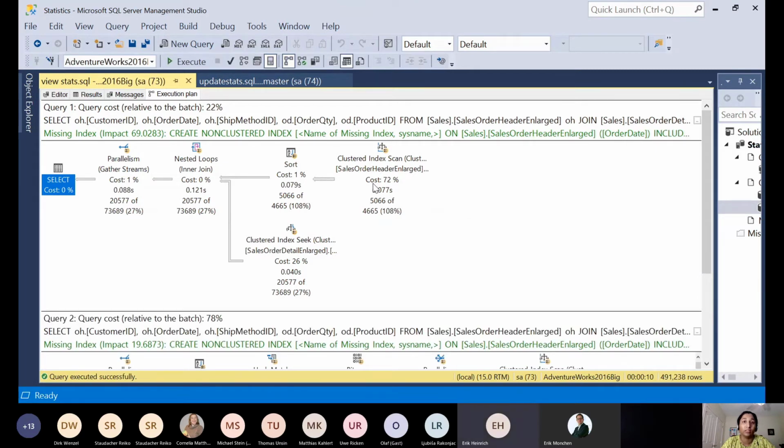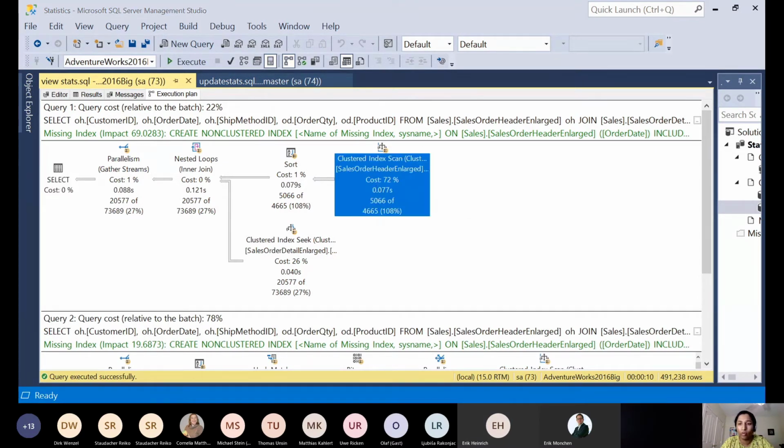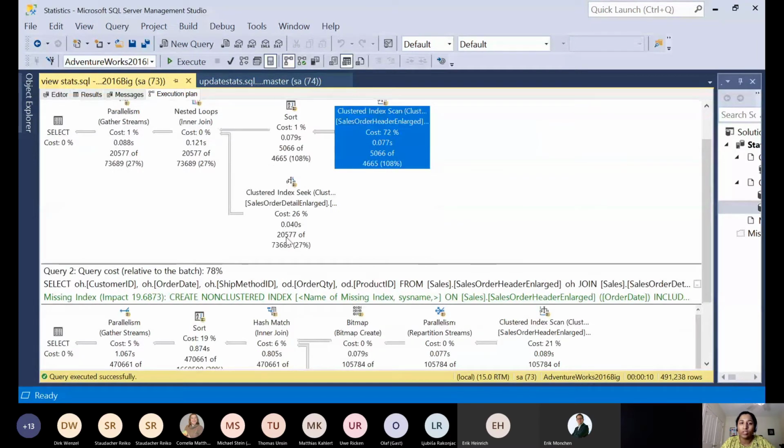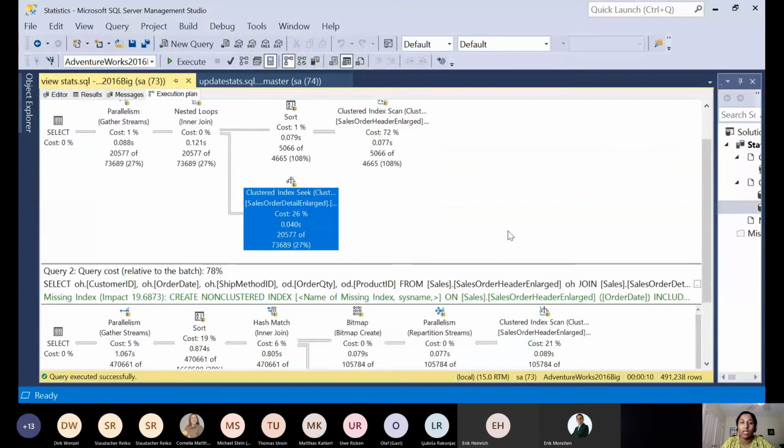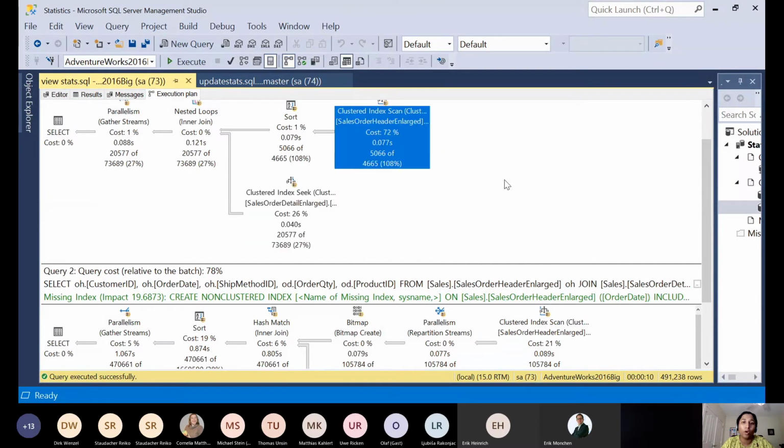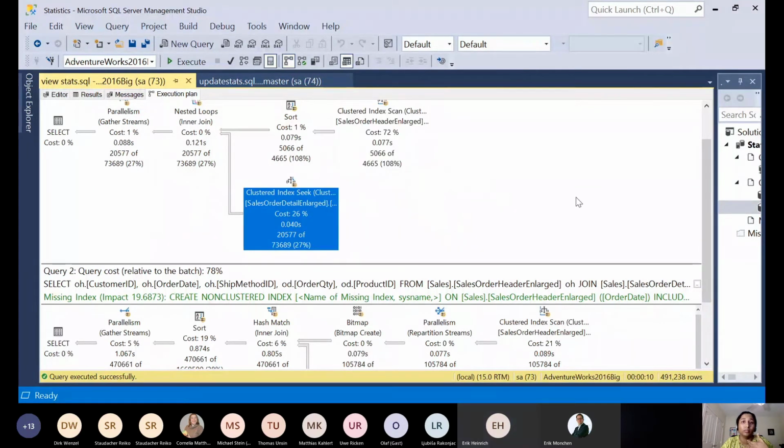It looks pretty fine for that small date range, right? The estimated number of rows looks like 4,000 and 4,600 or so, and the actual number of rows is 5,000, which is pretty good for this small date range. Now it also did the clustered index seek, because the number of rows that it estimates from the sales order detail also depends upon how many rows it thinks will come from the clustered index scan on the sales order header table. So as these are only some rows, it just did the clustered index seek on the sales order detail table.